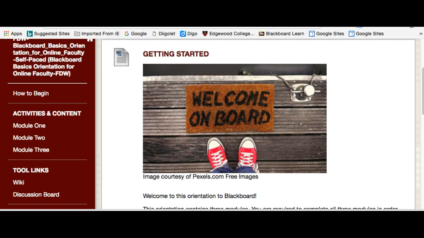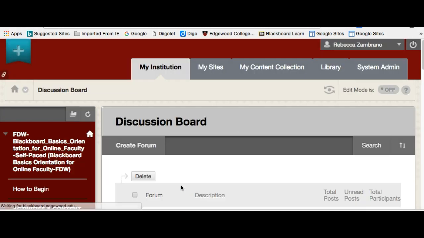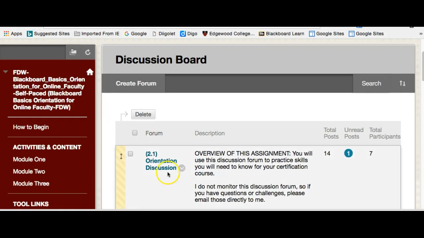So let's do an example here. This will also show you how to change the formatting of your text in the Blackboard menu. And this is true whether you're in a discussion forum or any other tool in Blackboard. So these skills transfer. Let's go into the discussion board, and let's say that I've gone in and I've created this post,